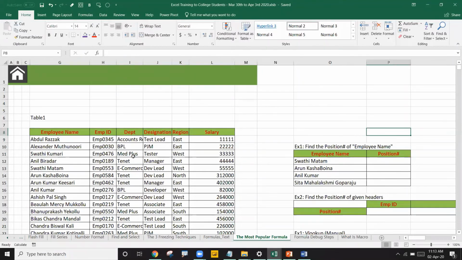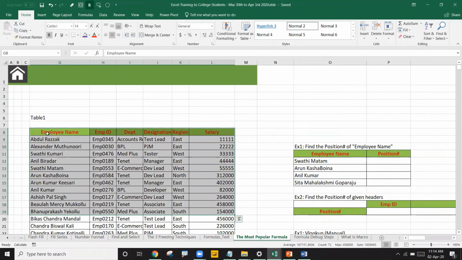My requirement is I want to get the position number related to this person. What I mean by position number, I'll tell you. Swati Matam's related position number is required in this case. So in this employee name table, where is Swati?